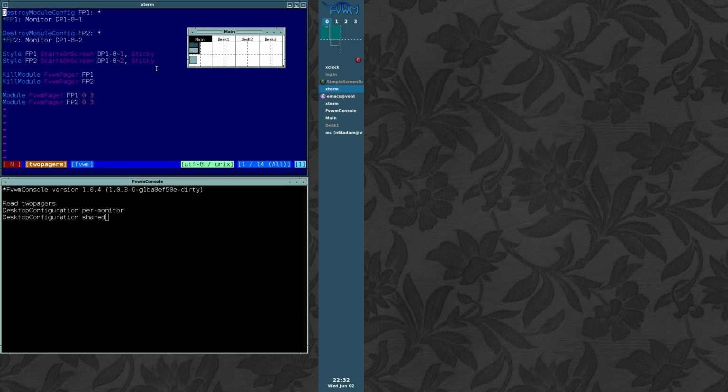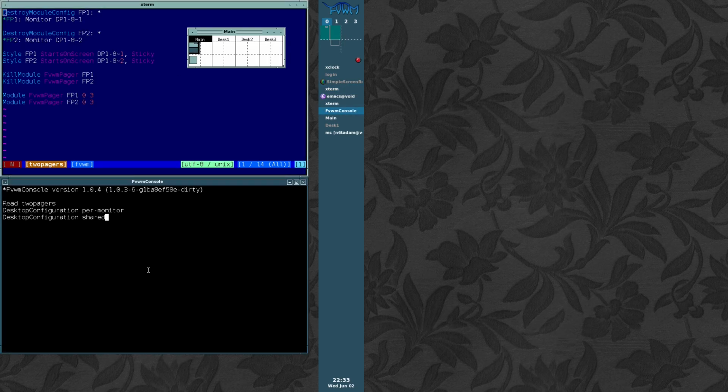If you were to try and move between desks where one of those desks is already showing, then effectively those two desks swap. And I'll try and demonstrate that now. So when I run this,